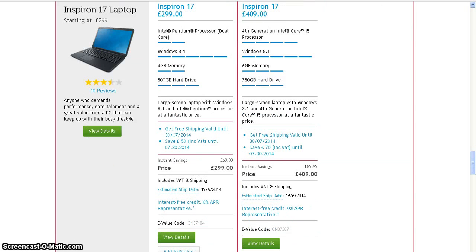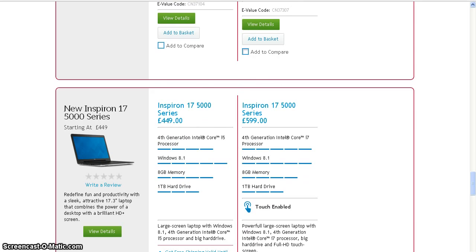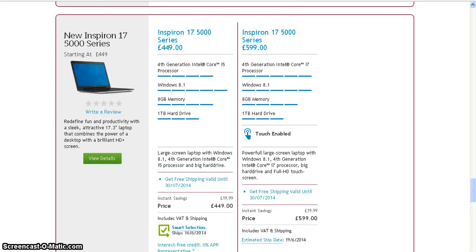Then the Inspiron 17, starting at 299, has a Pentium dual core, Windows 8.1, 500GB hard drive, and 4GB of memory. And the 409 model has the 4th generation Intel Core i5, Windows 8.1, 6GB of memory, and a 750GB hard disk drive. The Inspiron 17 5000 series has...